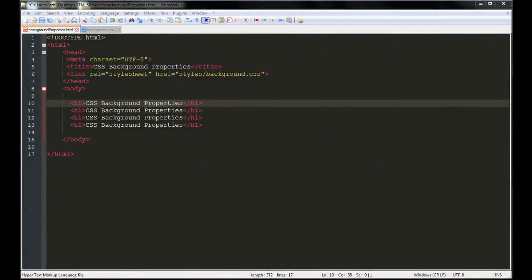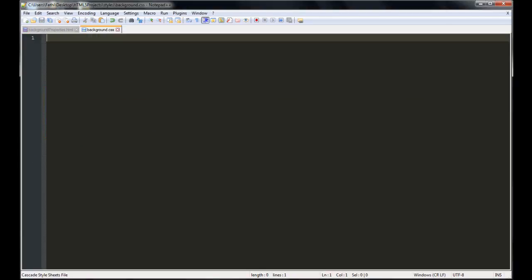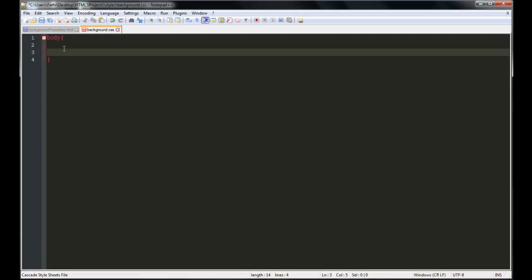I have this simple HTML document open. I'm gonna come here to the CSS file and start working with the background properties. The first property we're gonna work with is the background color, and we're gonna work with the body element. So basically we're gonna change the color of the entire page, and to do that we're gonna come here and